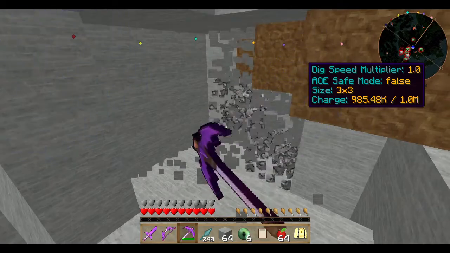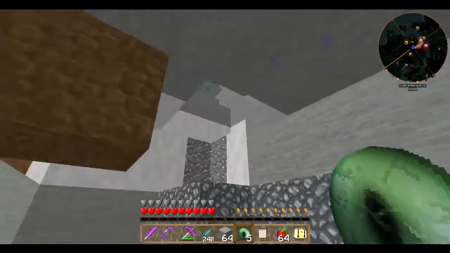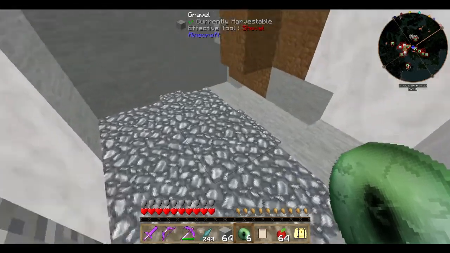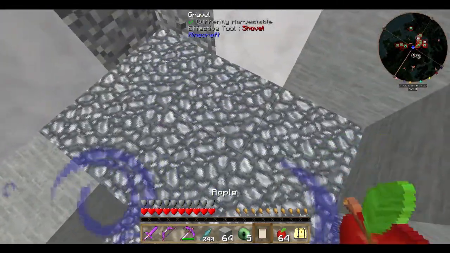I can hear lava, which is never a good sign. Where'd it go? I don't know. I need to clear out a layer. It's gone that way, so...